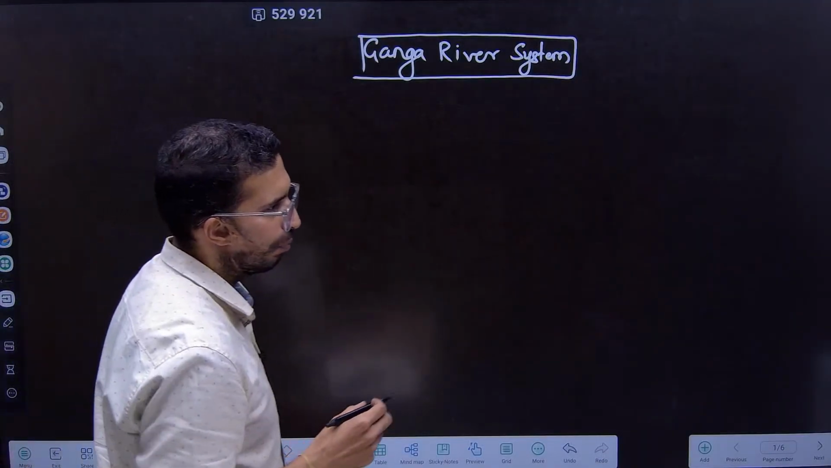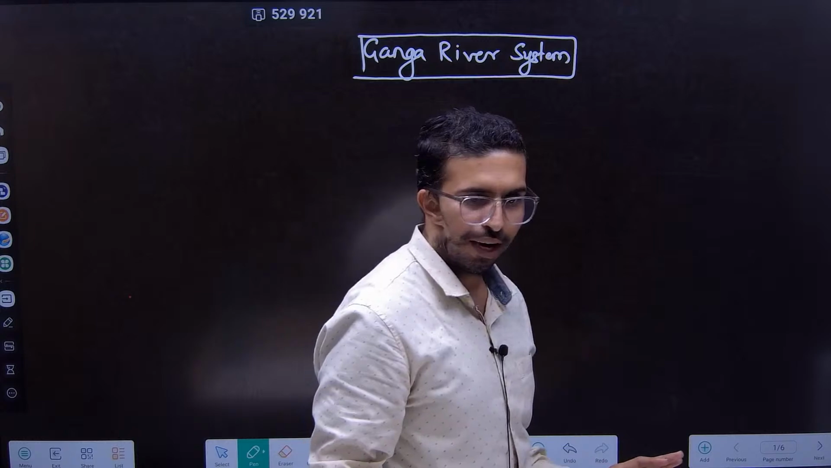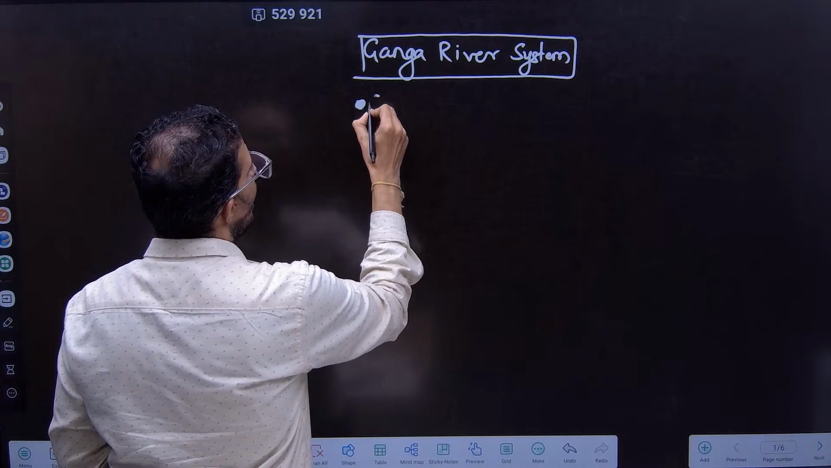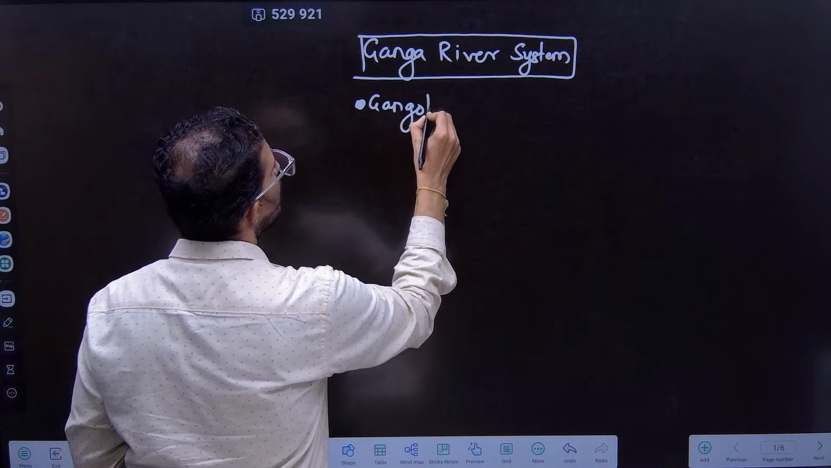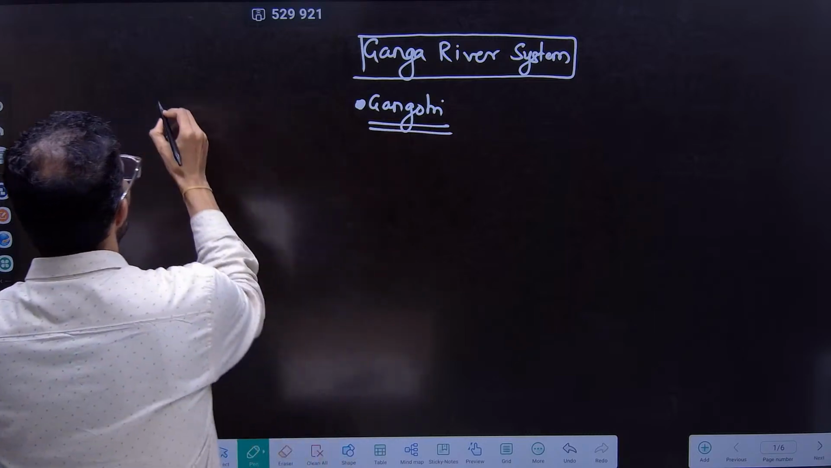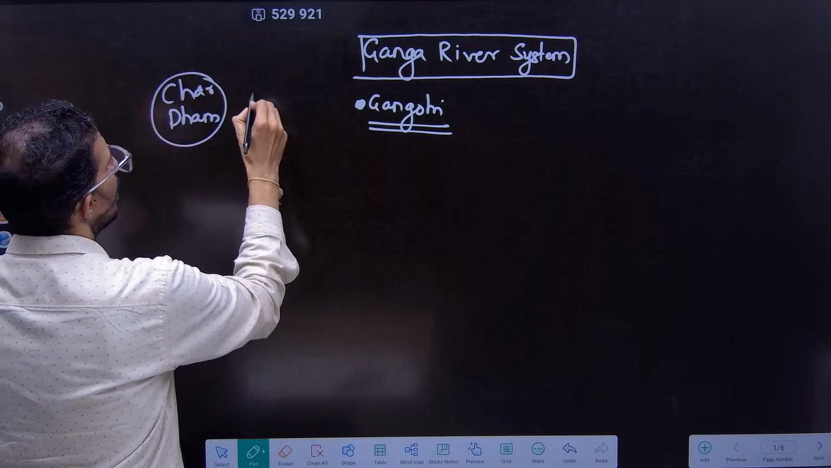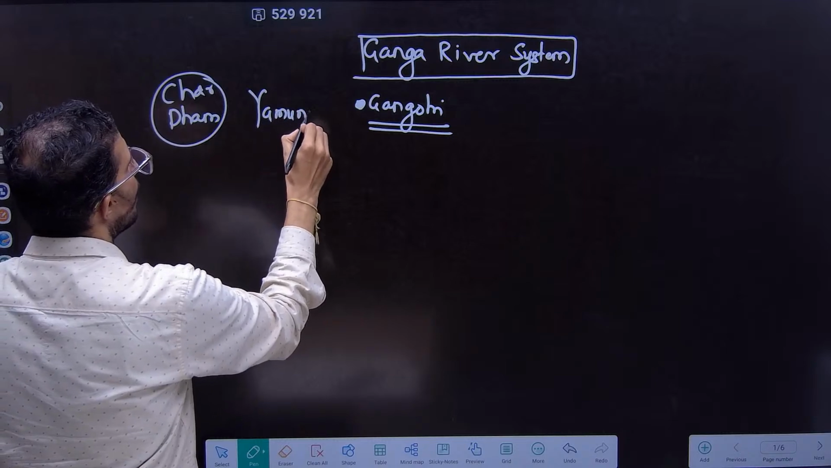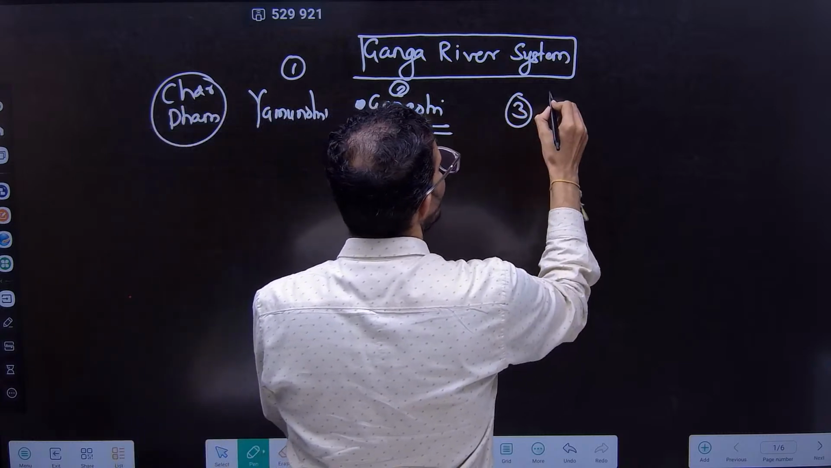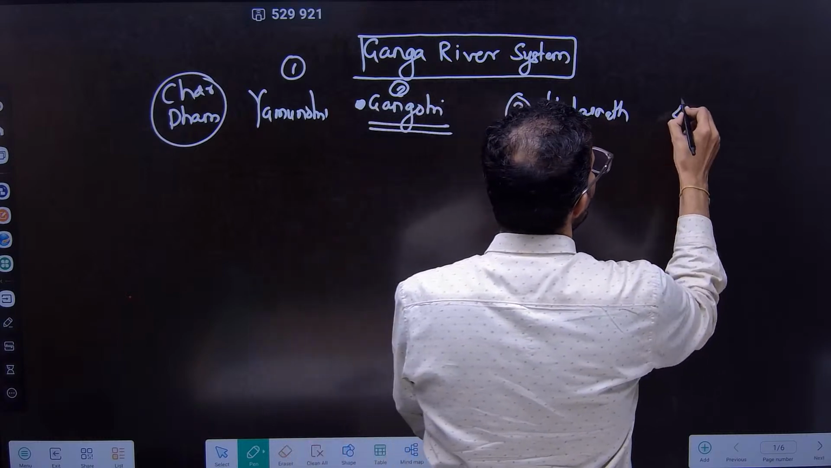The Ganga river system. I will draw the map. I am also expecting you to please write with me. The Ganga river has its origin at Gangotri. If you see the Char Dham, which are those Char Dham? Yamunotri, second one Gangotri, third one Kedarnath, fourth one